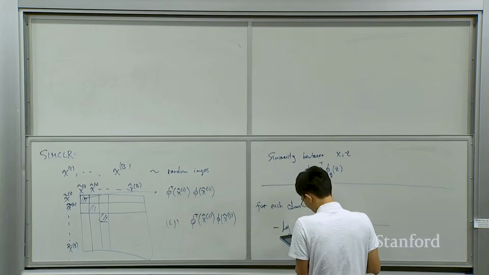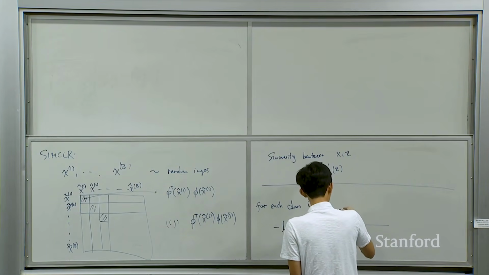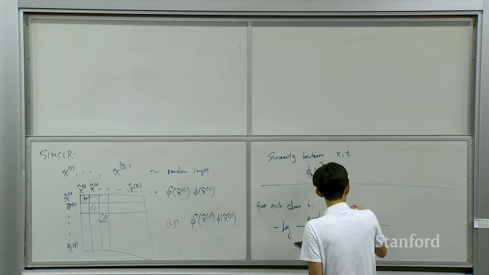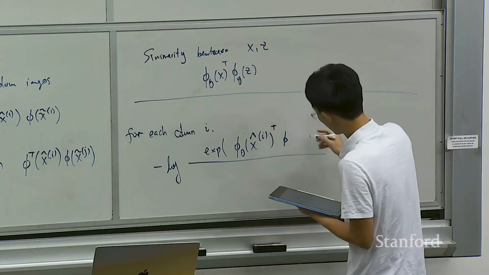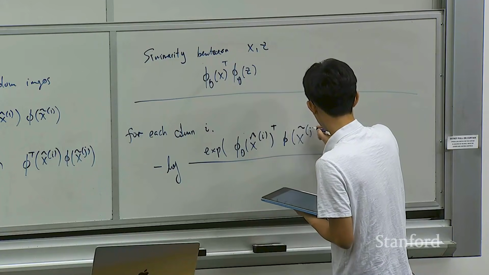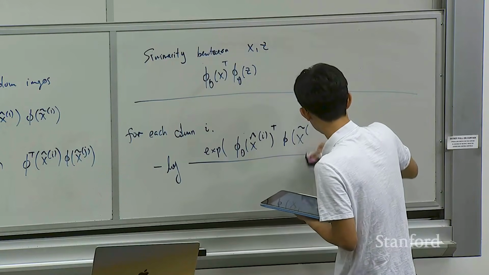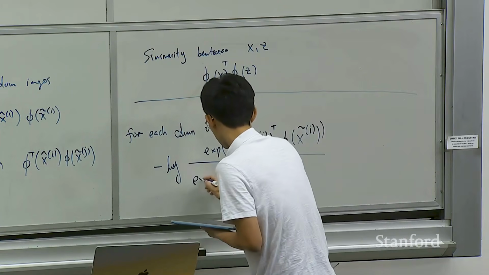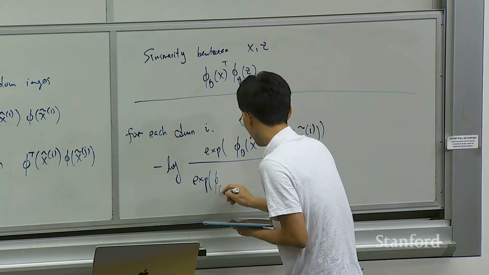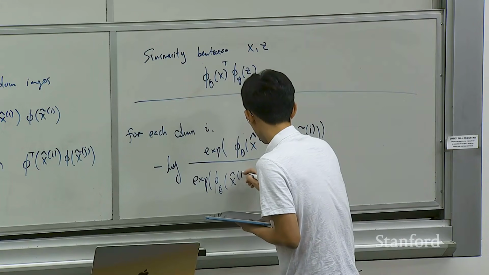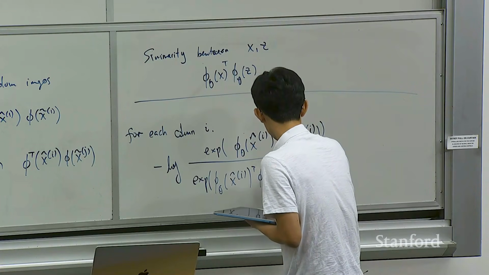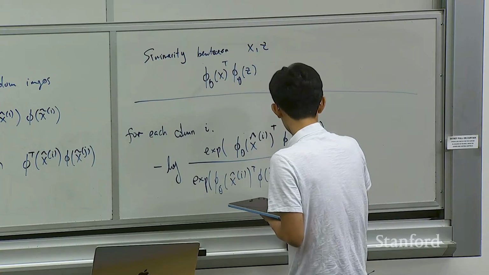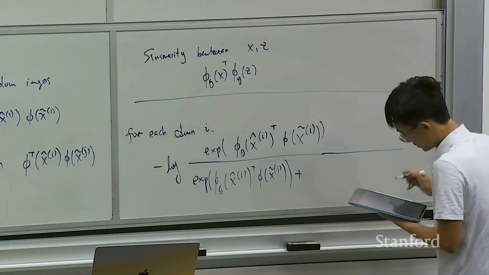So for every column, you take this, phi of x hat i transpose, phi of x tilde i. Let me write it down and I will interpret. This is the same term as, and then you have